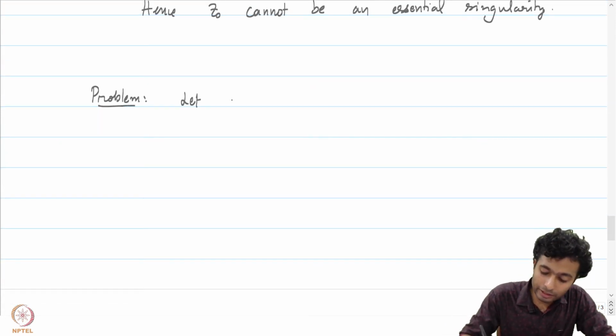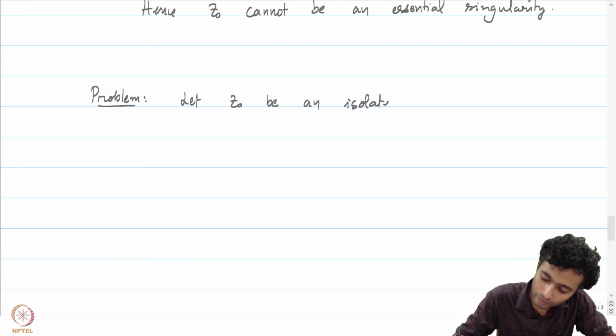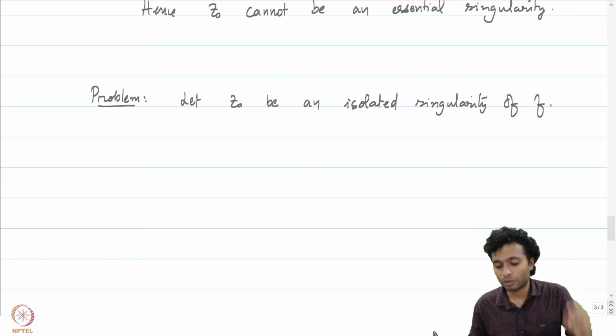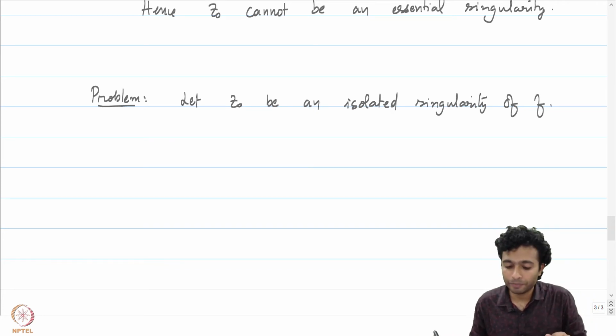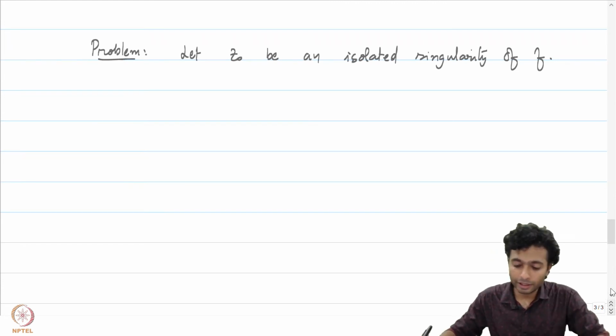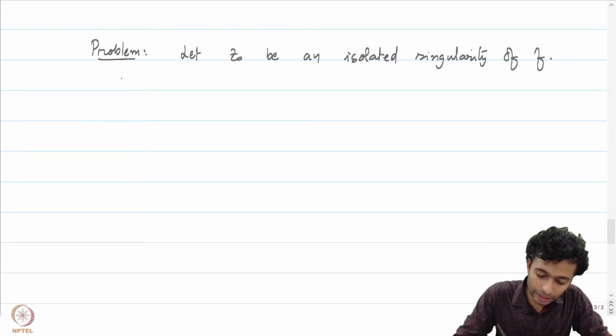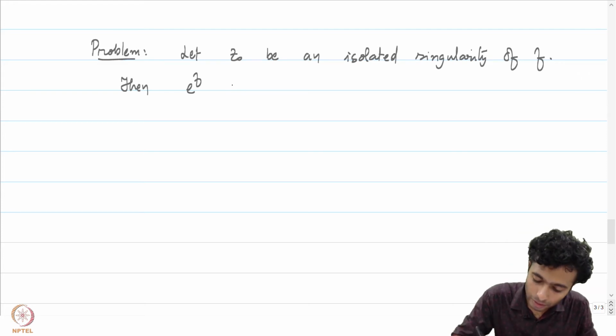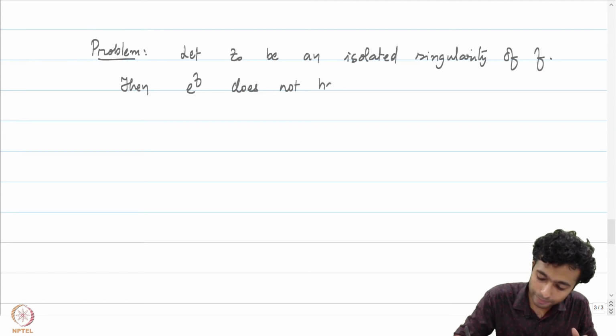Let z0 be an isolated singularity of a function f. That means that f is holomorphic on D(z0, r) minus z0. I'm not talking about the type of isolated singularity. The problem here is to show that the function e to the power f, which is the composition of the exponential with the function f, does not have a pole